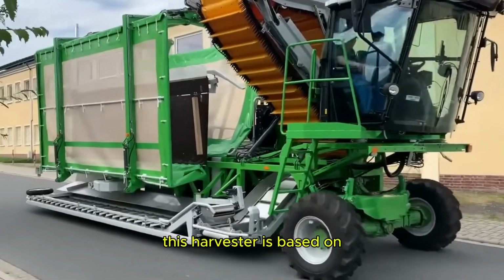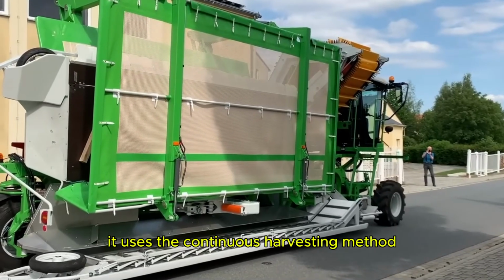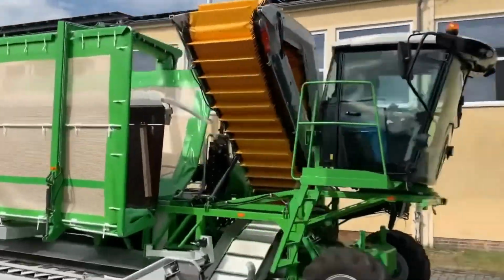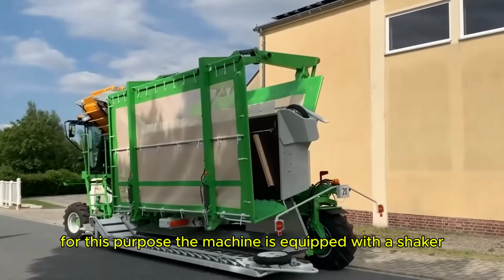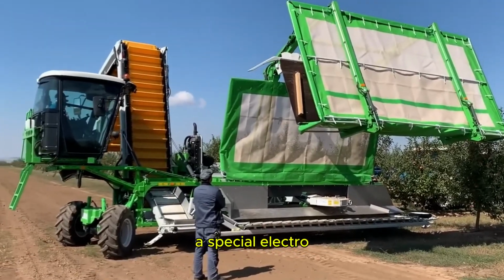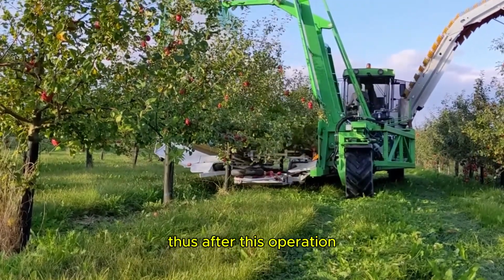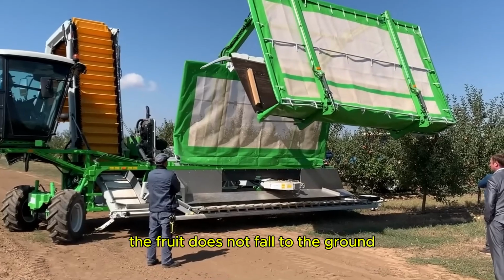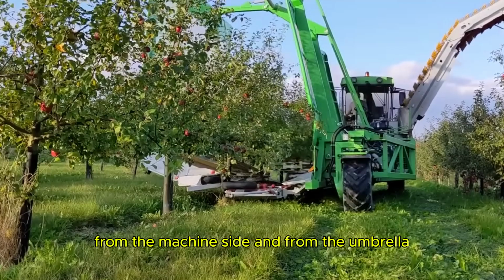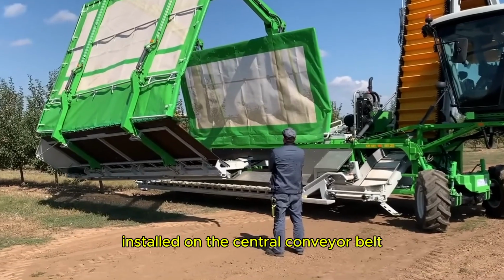This harvester is based on the principle of a single system. It uses the continuous harvesting method, i.e., the trees are harvested continuously without pauses. For this purpose, the machine is equipped with a shaker, which also works continuously. A special electro-hydraulic mechanism controls the process. Thus, after this operation, the fruit does not fall to the ground, as a special umbrella helps in this process. From the machine side and from the umbrella, the fruit is extracted through a special seal installed on the central